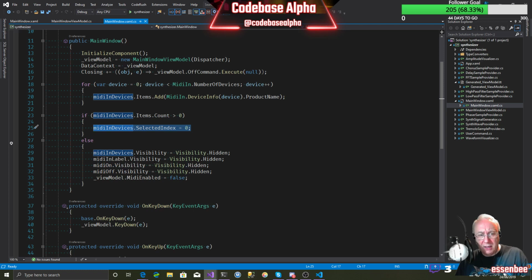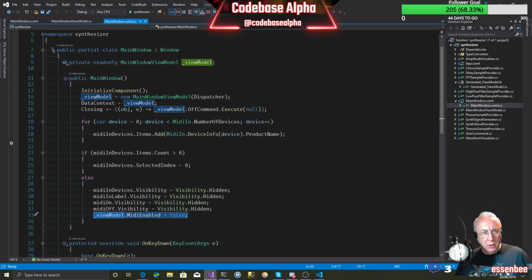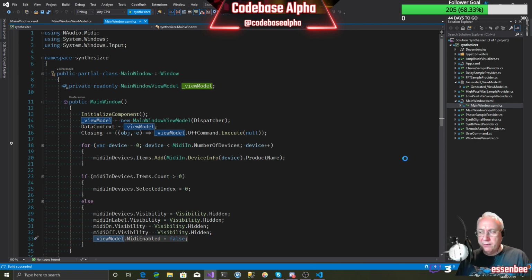So we hide the MIDI in devices, the label, and the on and off button, and we set the MIDI enabled flag to false. So if I run this up now, we should actually find that